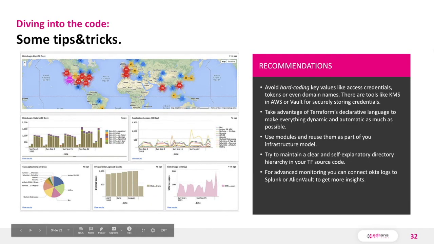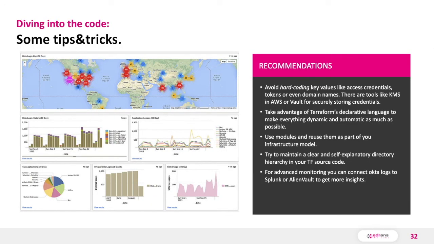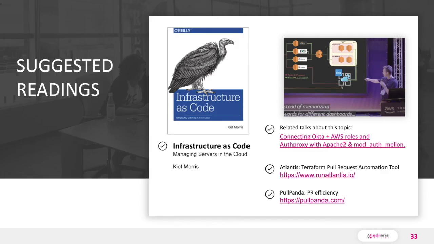And finally, mention that you can trigger actions on events happening in Okta. If you don't have so many requirements, you can just do that with a few Lambda functions, but if you really need accurate insights, maybe you want to redirect all the events to AlienVault or Splunk in order to take advantage of artificial intelligence features. As a conclusion, there is no excuse to not enjoy having a truly automated single sign-on platform in your company. And that's all for today.